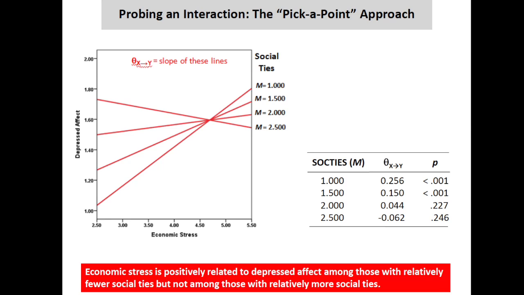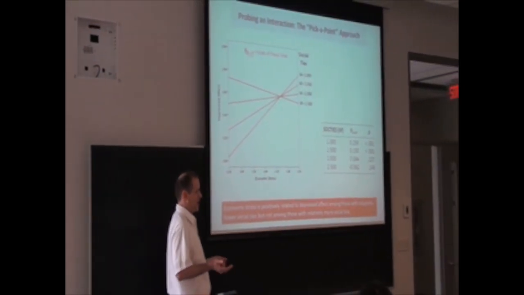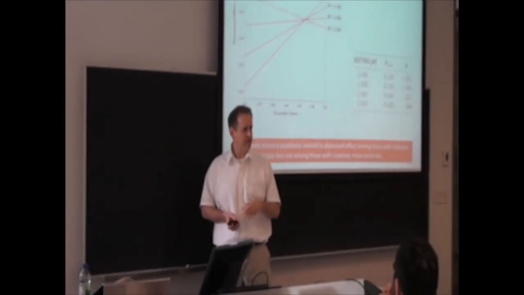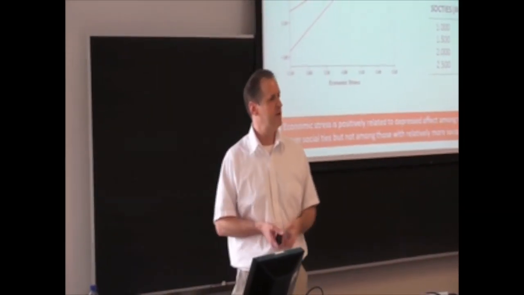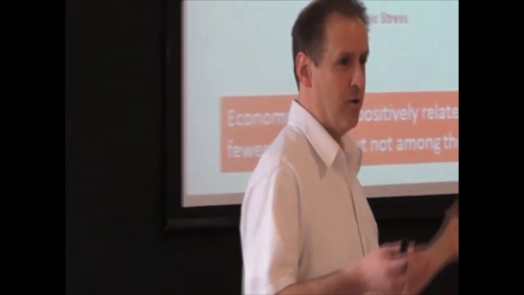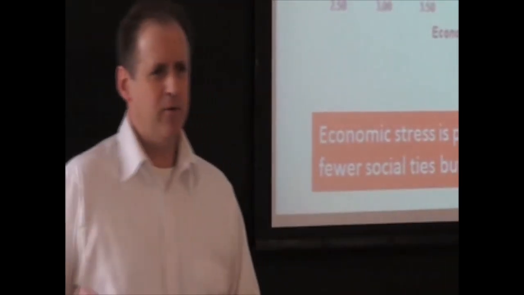And often there's no basis for choosing the values of the moderator. Instead, you just rely on convention. And there are conventions out there. The most common is, well, you just choose the mean of the moderator, and then a standard deviation below and above. Use those as sort of operationalizations of the notion of relatively low, moderate, and relatively high on the moderator. But those are arbitrary, of course. There's nothing magical about those values. You could choose other values.